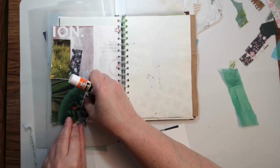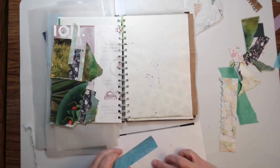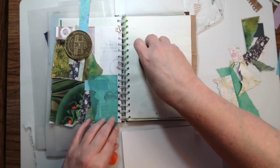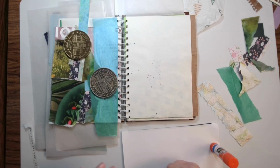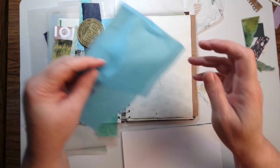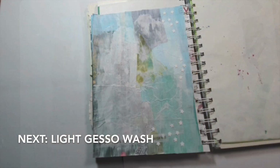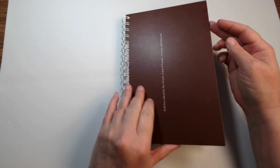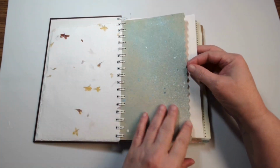So I've got some origami paper, and I've got some offcuts from some stamping projects, and I guess technically this last bit is decoupage because it's tissue paper, but I'm putting the tissue paper down, and then once I get this whole collage built, I'm going to coat the whole thing with a light coat of gesso, and that's how it turned out. So I'm finally at the point where I can start to actually journal in my 2024 planner,